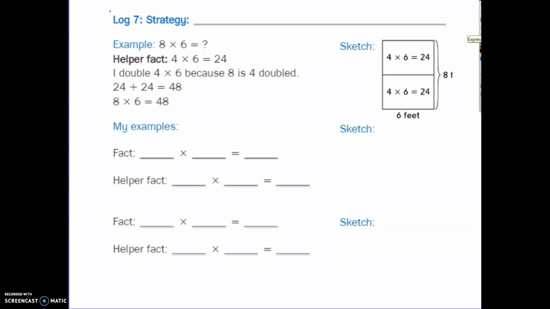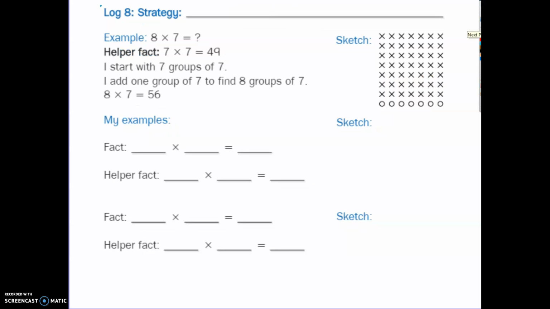What strategy is this? Oh, this is the double strategy, isn't it? This is another example of doubling. Because if I want to know what 6 times 4 is, 24, but then I change my mind and I want to know what 8 times 6 is, then I just need to draw another rectangle with the same measurements. And I'm just going to double what I already had. And this would be what? Near doubles. So if I want to know what 8 times